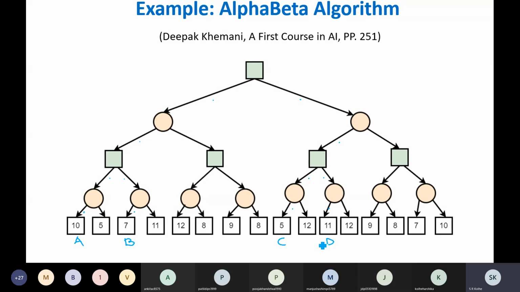Four, two, two, two, right? Two strategies. For example, node A will belong to two strategies, node B will belong to two strategies, C will belong to two, and D will belong to the remaining two. So in total there are 8 strategies. So all these 4 nodes are representative of all 8 strategies, right? Yes, sir. All 4 nodes out of 16, they are representing all 16 strategies, right?